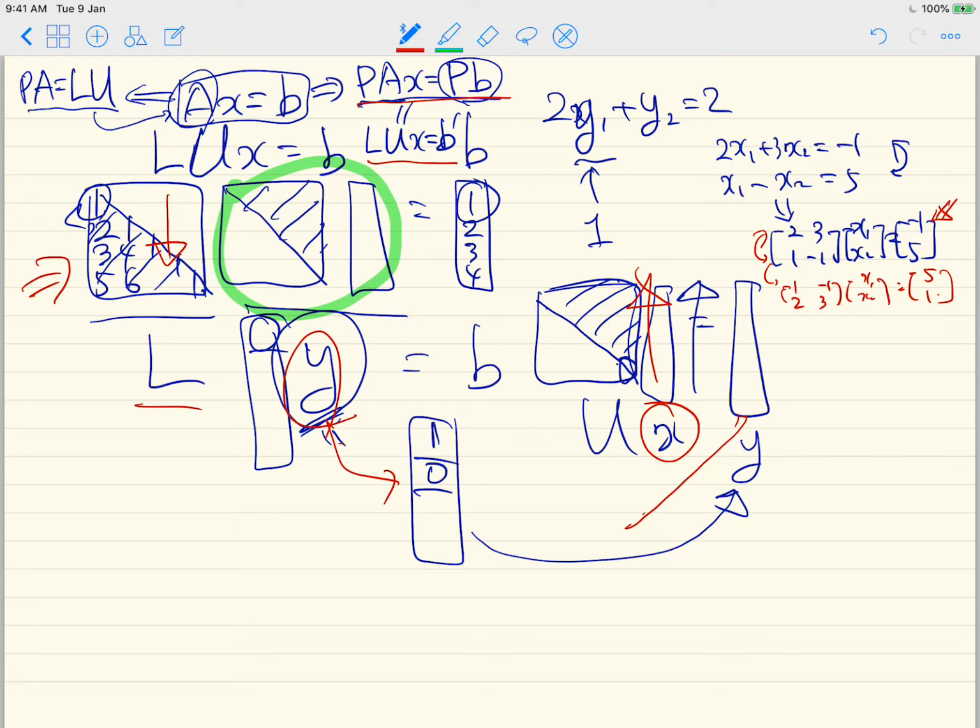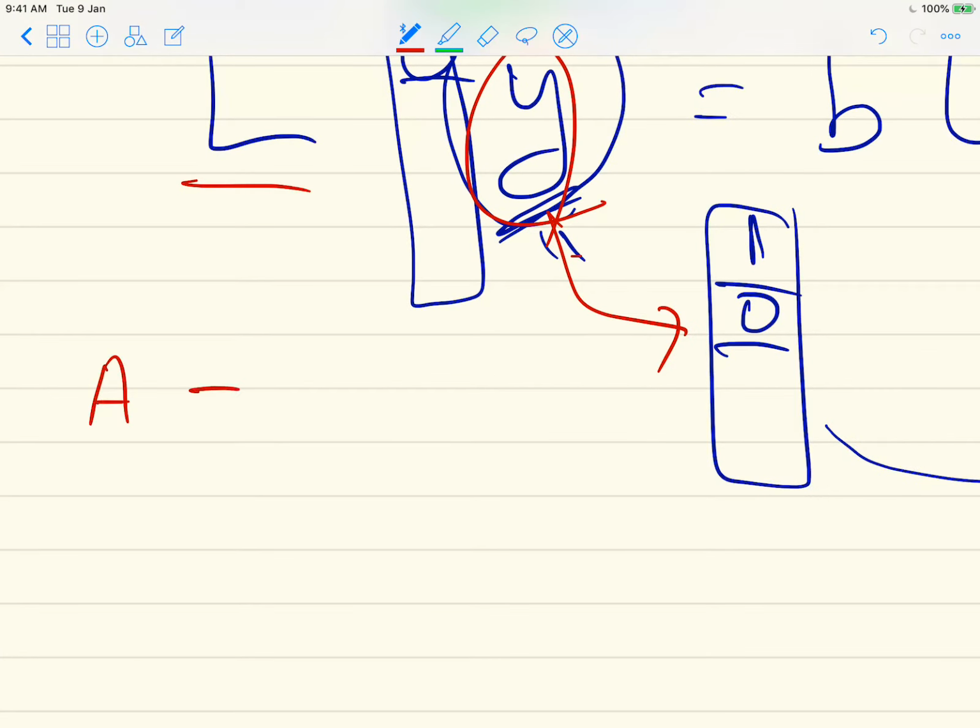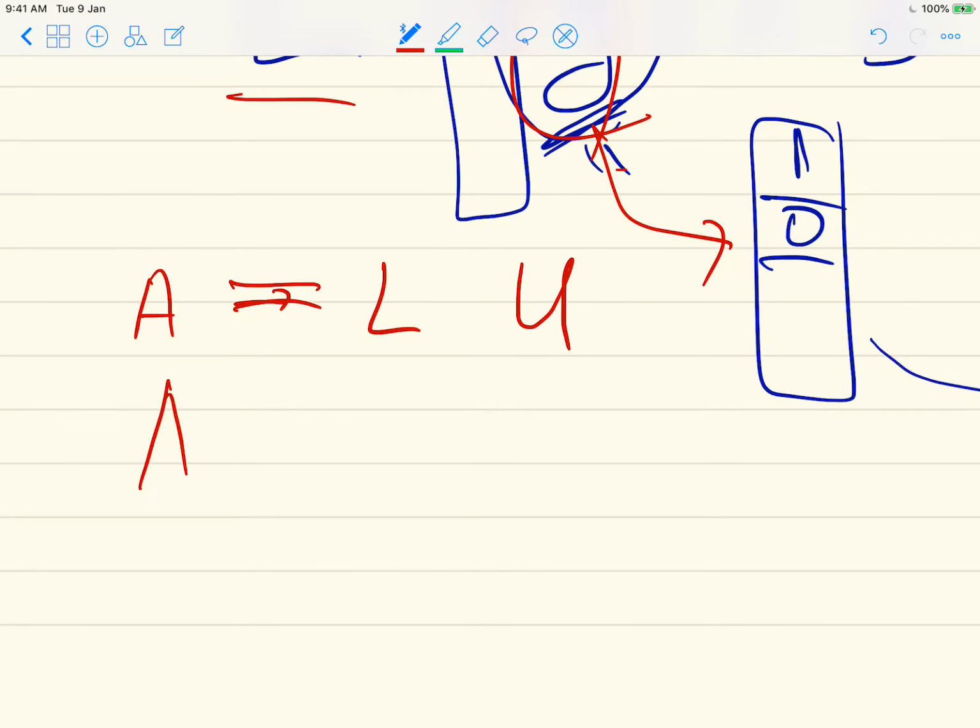If we don't use the partial pivoting in the process of obtaining L and U, given this A, we first have to obtain L and U, so we assume that A is equal to L times U. In the case of pivoting, we obtain PA equals LU. But if we don't use any pivoting at all,